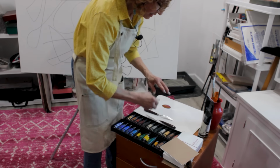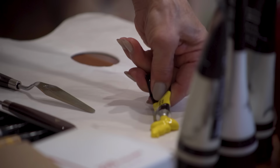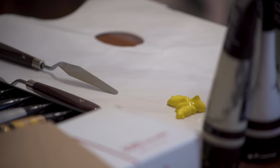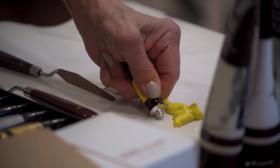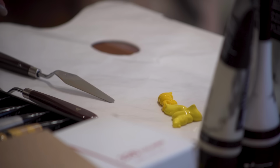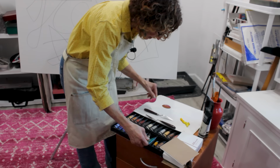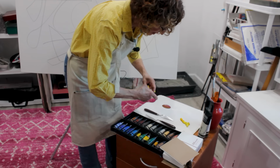Okay, what I'm going to do is basically get all of this yellow out. That's a lot of paint, by the way, so be prepared. I want you to use a lot of paint. I know it seems as though that's wasteful, but it's not. Okay, so that's a slightly different shade of yellow. There are all kinds of yellows available. Cadmium yellows, ochres, etc. Okay, let's take this, which is a Naples yellow,